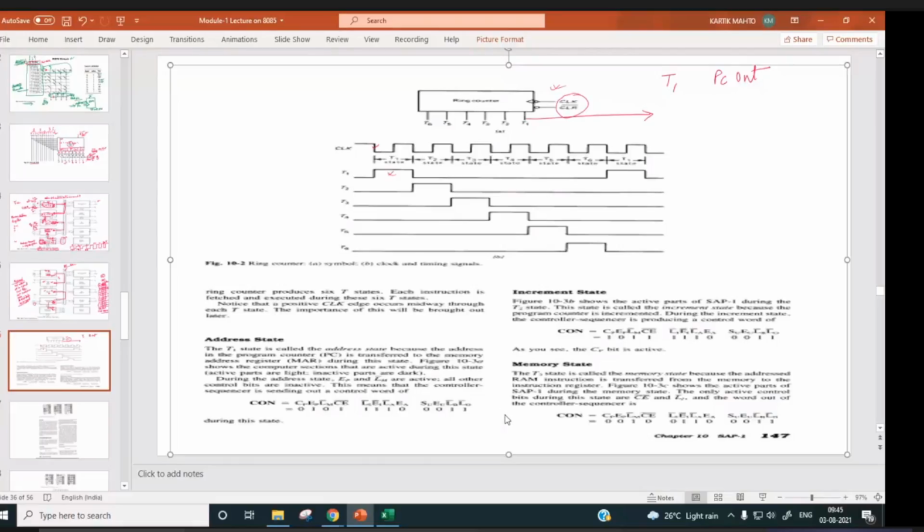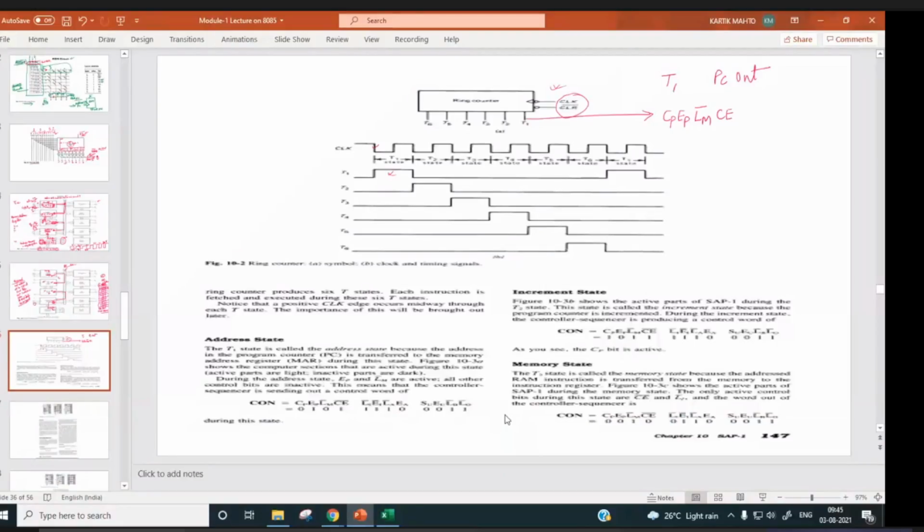I will write this: CP, EP, LM bar, CE bar, then LI bar, EI bar, LA bar, EA, and last we have SU, EU, LB bar, LO bar.